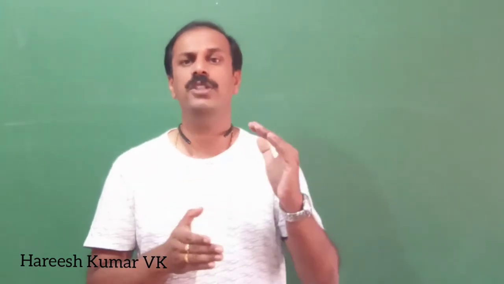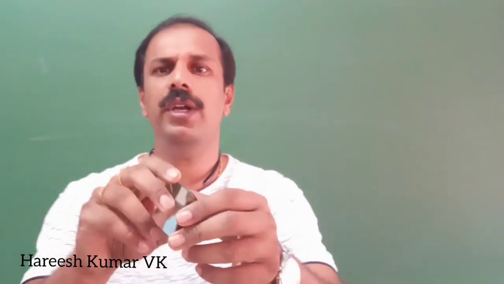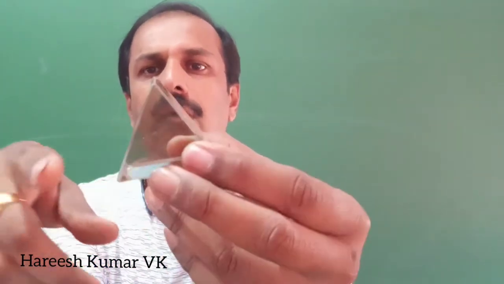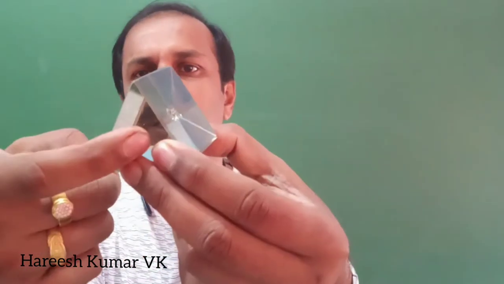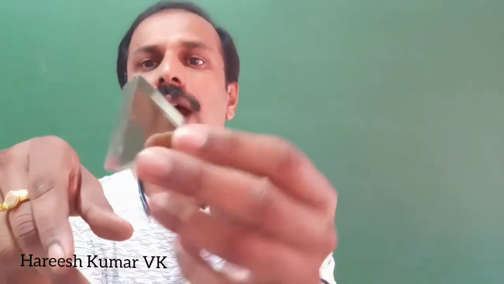That is, we have to study the relation between how much the light will get deviated, depending on the refractive index of the material and the angle of prism. So you might have already seen the prism. The prism looks like this. For this prism we have three sides like this and here and there, so total 5 sides are there. So this is an equilateral prism.